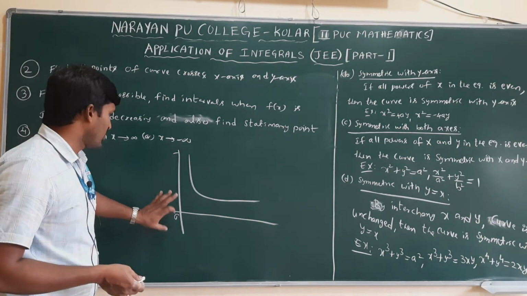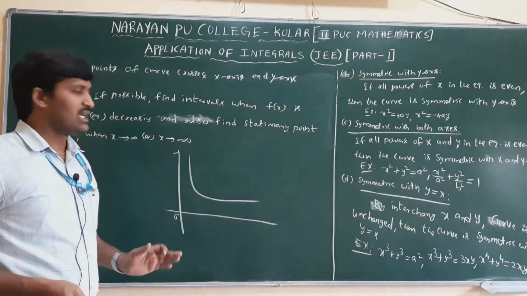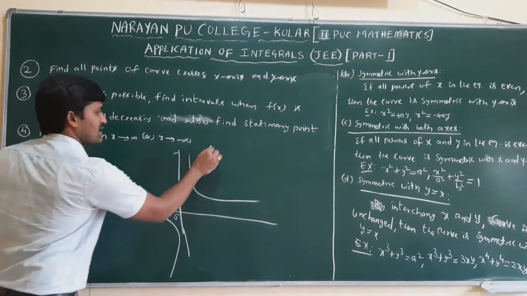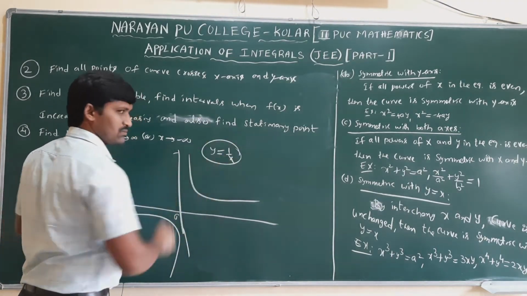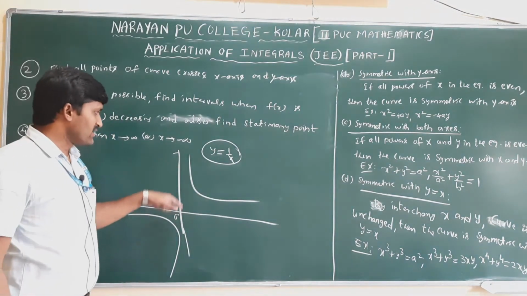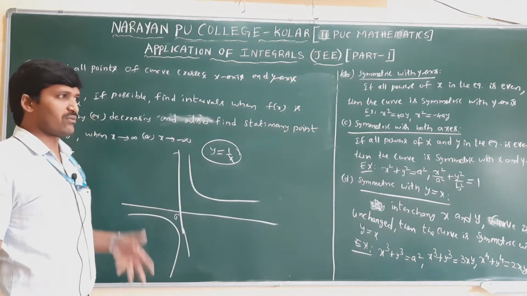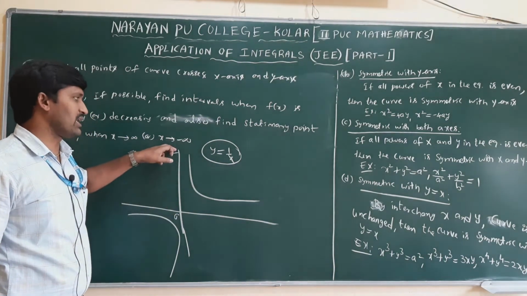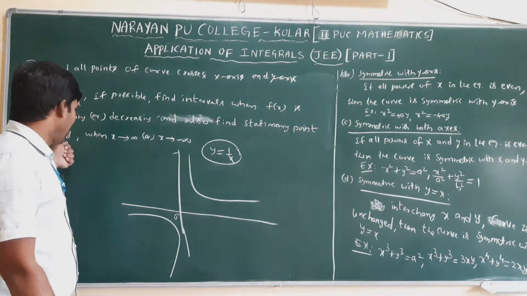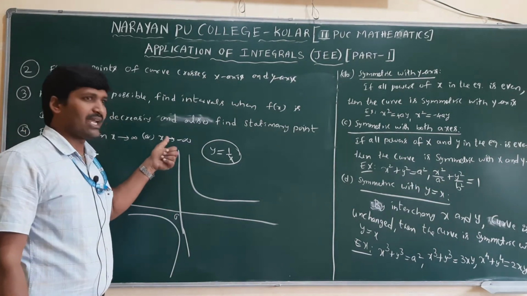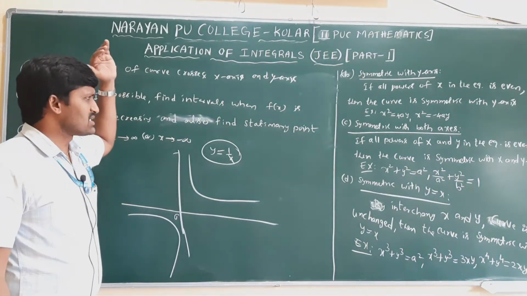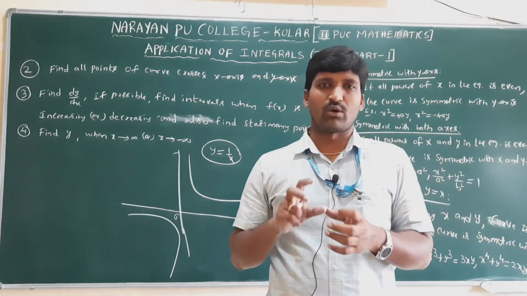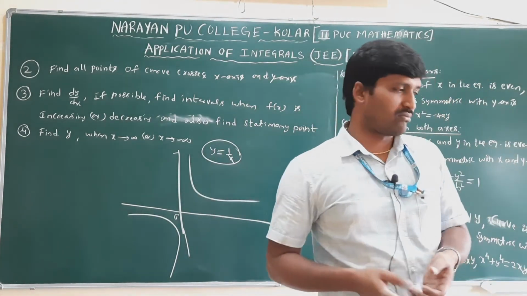Clear? Now in terms of x means what? From 0 to infinity, the curve dx you will take. Now this is a curve. For example, the curve equation is like this. This is the graph of y equals 1 by x, a rectangular hyperbola. Now in this case, we don't know the limits. We need to find a region but we have no idea from where to where. In that case, you will consider x tending from 0 to infinity. So finding the y value when x is tending to infinity or minus infinity. Now this is the process of curve tracing when you don't know how to evaluate the graph of the given curve.